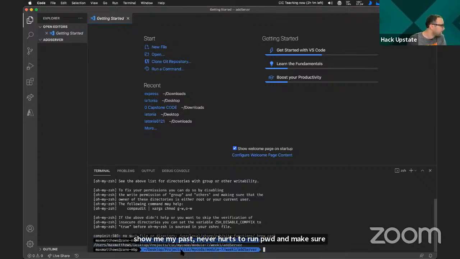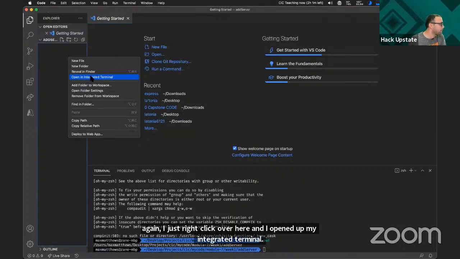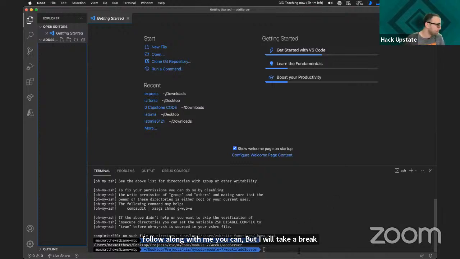You're in your careers in code, in my code, in module 7, in week 1, in add server. I just right clicked over here and opened up my integrated terminal, and that popped it open. Feel free, if you would like to follow along with me, you can. But I will take a break and give everyone a chance to catch up to where I'm at.